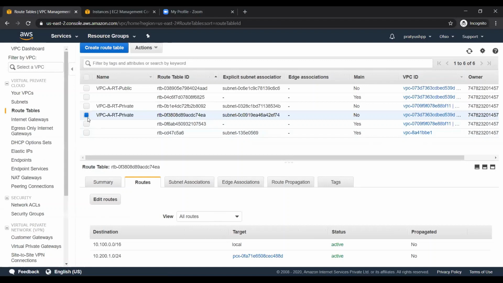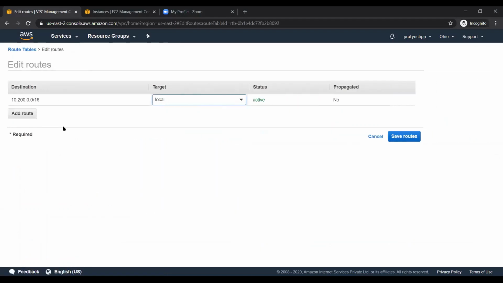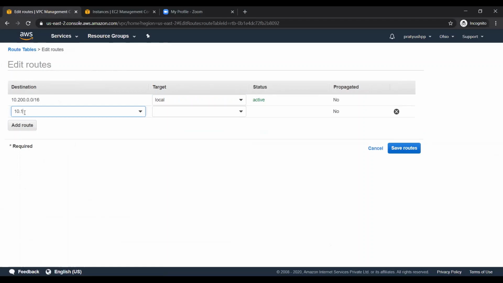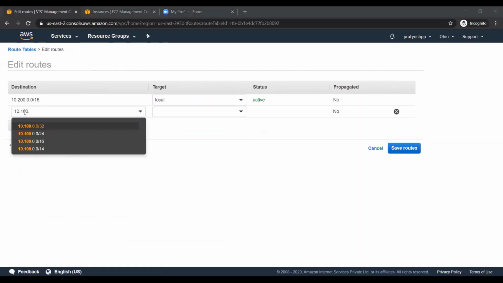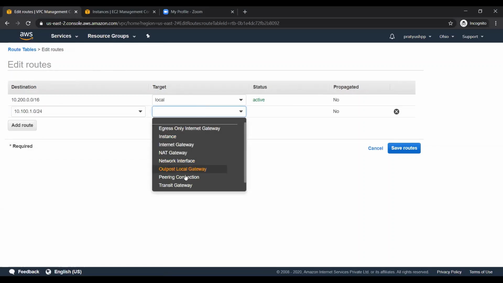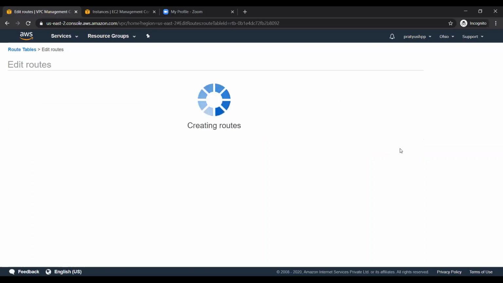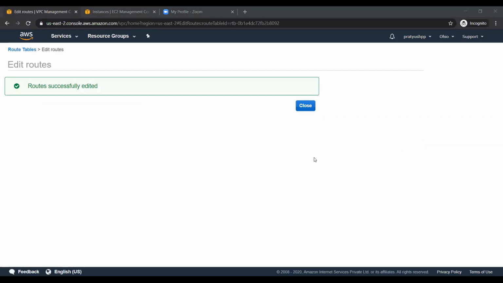In a similar way, we'll go to the VPC-B route table and edit the route to 10.100.1.0/24, and the same peering connection, the VPC-A to VPC-B peering, and save the route. Now we have added the route.